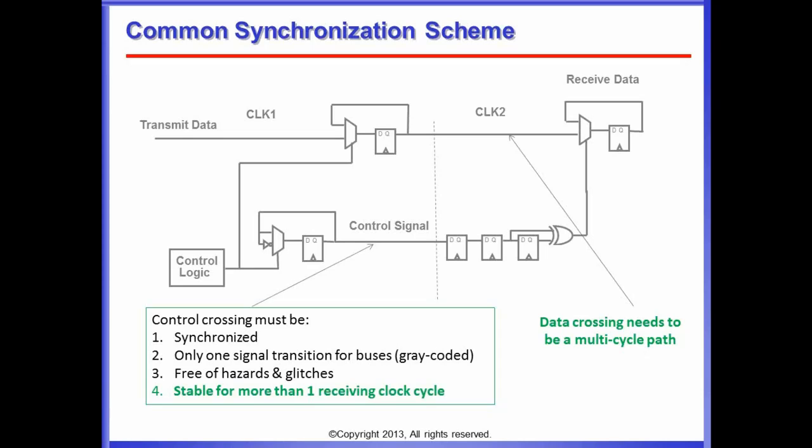And these two in green, you can cover with formal analysis included or integrated into the CDC checking tool. There are two other things you can find out, by the way. If you have a glitch here, this can be found using formal techniques, like if synthesis merges the MUX with the XOR, which sometimes happens if you forget to put a don't touch on it. What it also can find out is if this is a bus, that the control signal is really gray encoded.